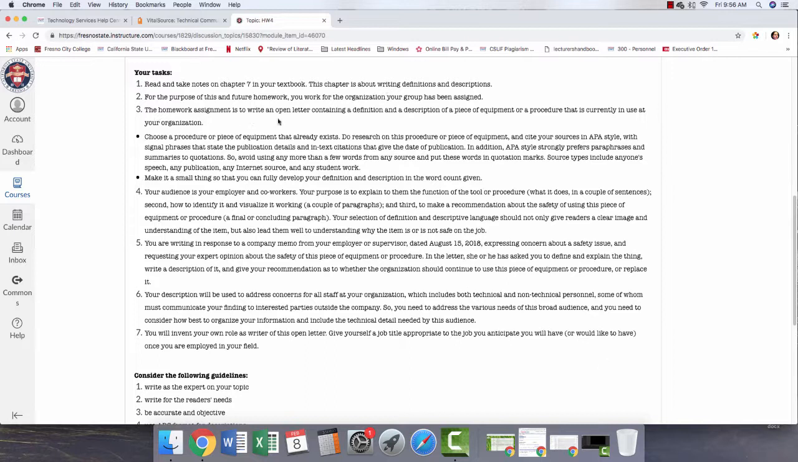The homework assignment is to write an open letter, right? So that's not to one person, it's to general readers. An open letter containing a definition and a description, okay? And it can be of a piece of equipment or it can be of a procedure. And I say here that it is currently in use in your organization. And I say this